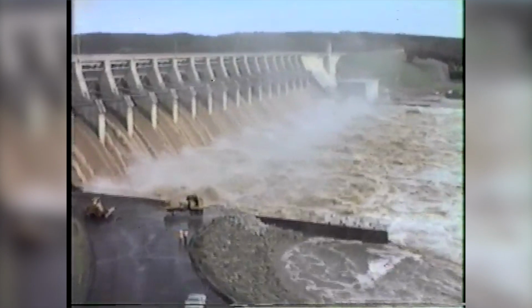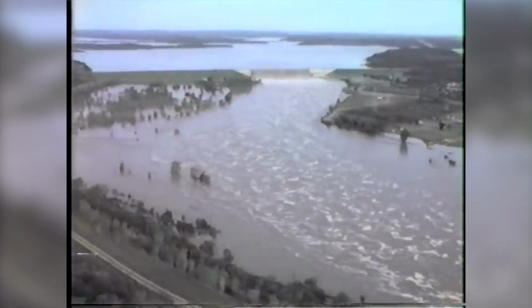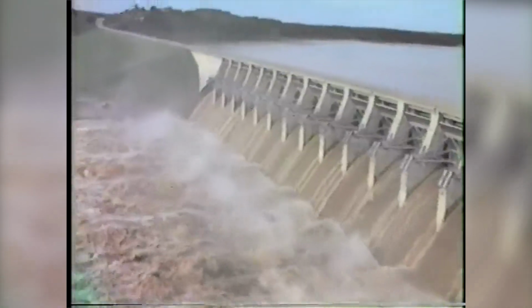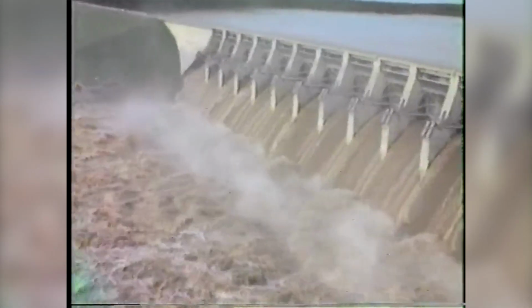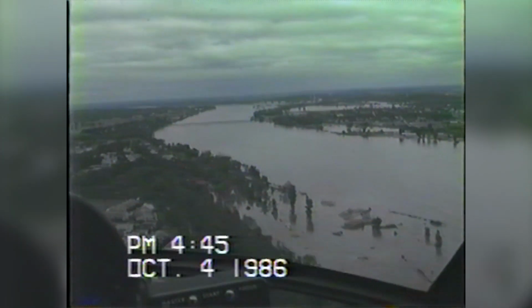30 years ago, during the last week of September 1986, the remnants of Mexico's Hurricane Payne brought heavy rainfall across northern Oklahoma and southern Kansas. It dumped over 20 inches on the Arkansas River watershed, filling Keystone Lake to capacity. On October 4th, 1986, the U.S. Army Corps of Engineers had to open Keystone Dam's floodgates and release the excess water downstream to keep from overtopping the dam. Water rushed toward Tulsa at a rate of 300,000 cubic feet per second, or 135 million gallons per